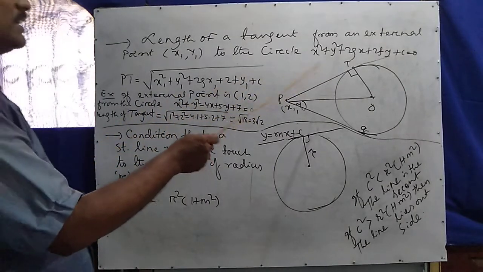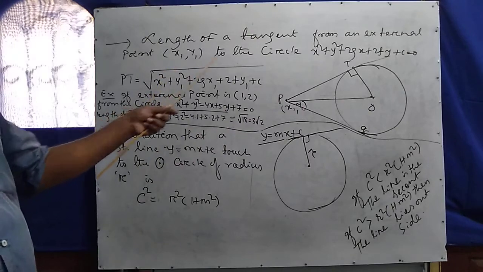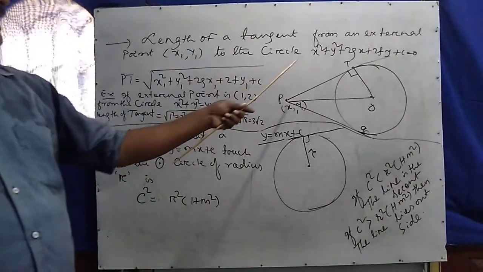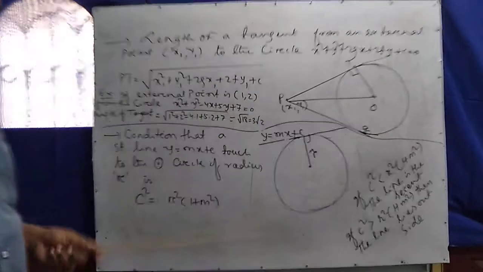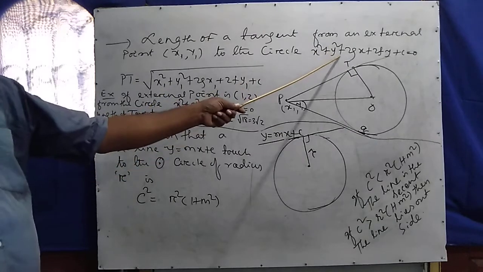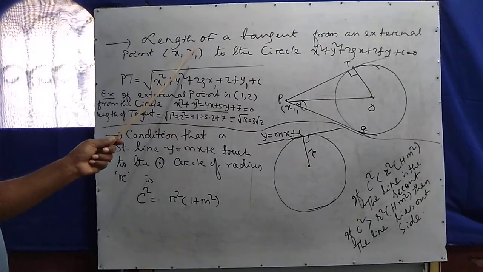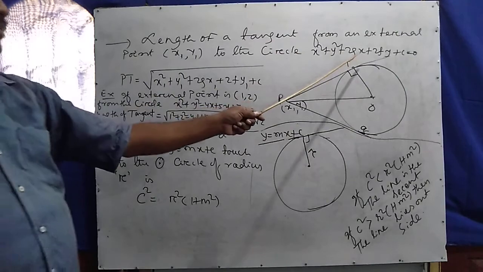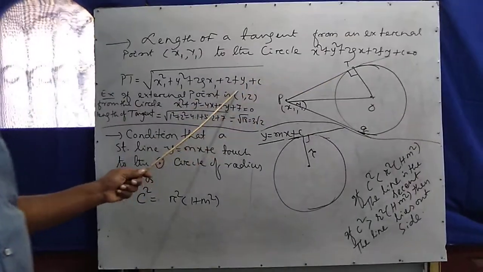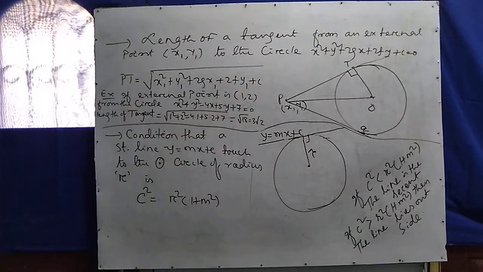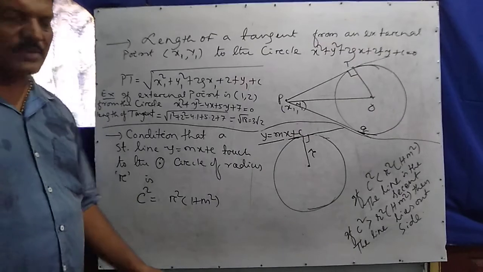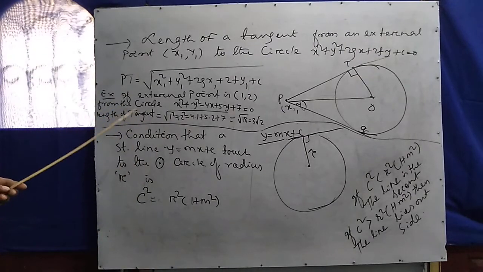At the point x1, y1, instead of x and y you take x1 and y1, and find the square root. Where x square is there, you put x1 square, and where y square is there, you put y1 square. These are the given point. So 2gx means 2g into x1, 2f into y1, plus c, all under the root. This is the length of the tangent. By application of this formula, you can find it directly. Okay, so let us look at one example.